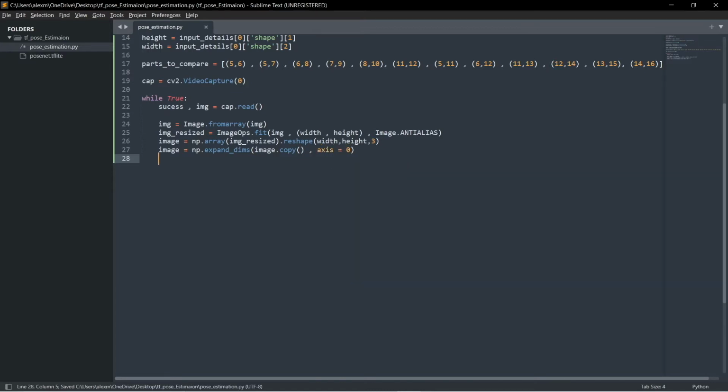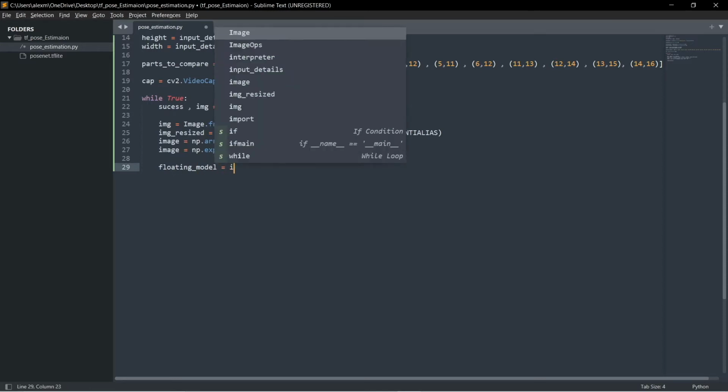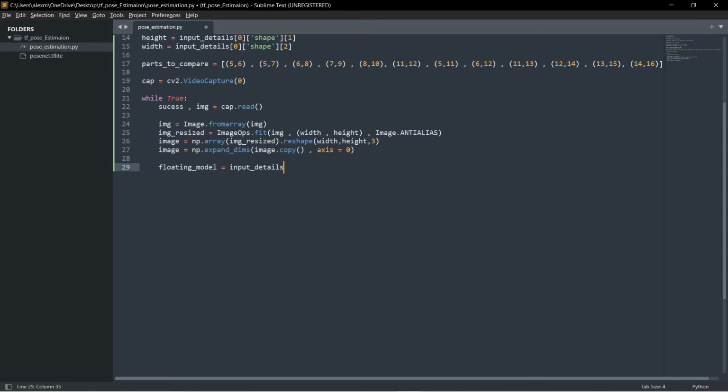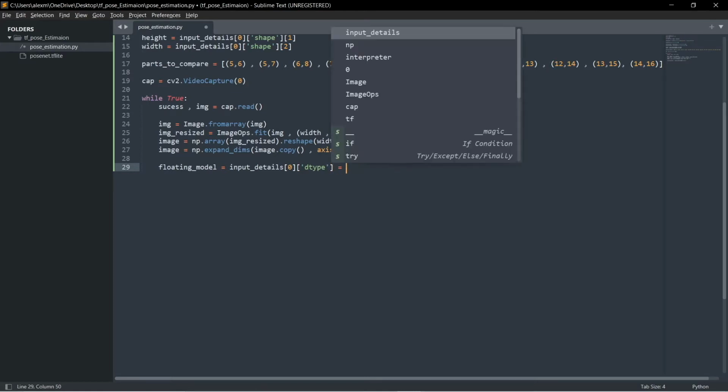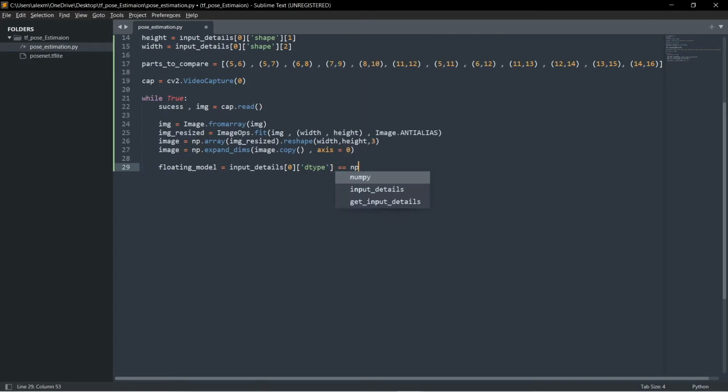Okay. And now floating model: check if it's a float. Input details 0, if dtype is float32, np.float32, then if floating model,